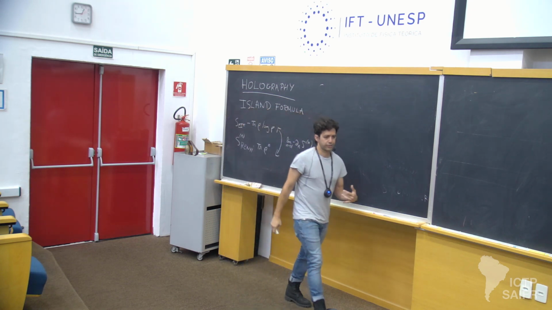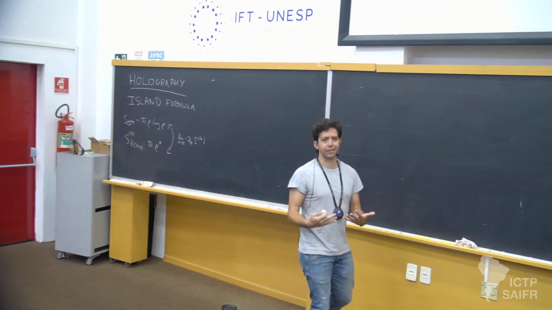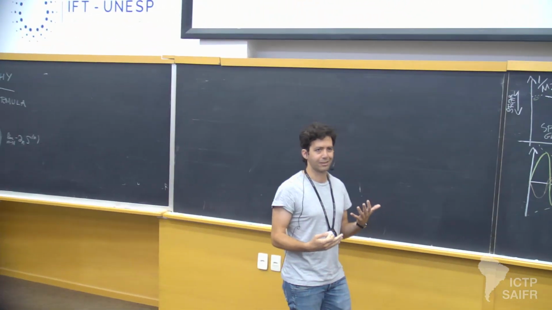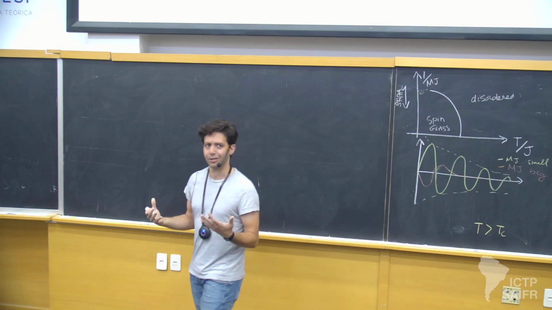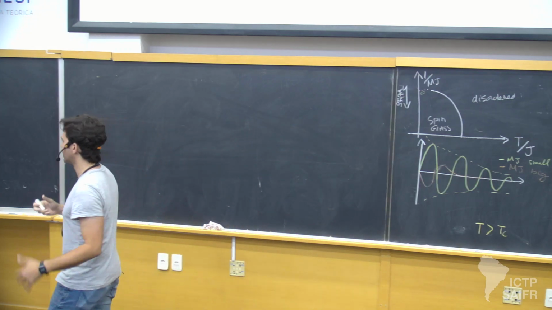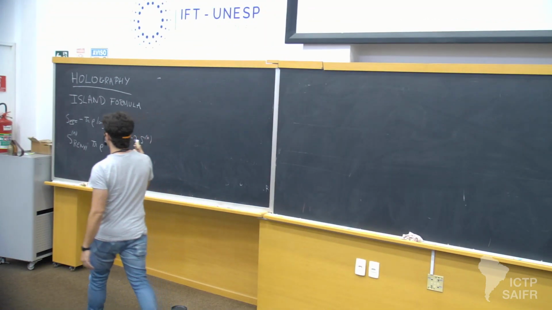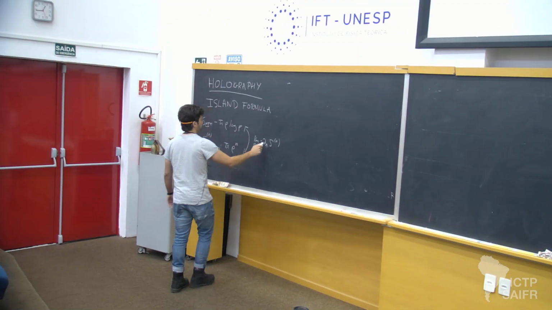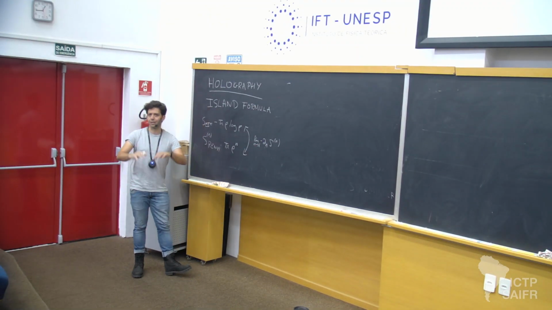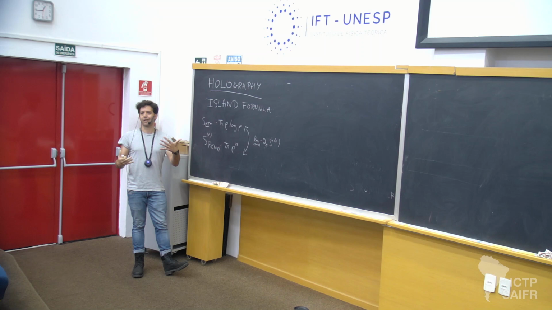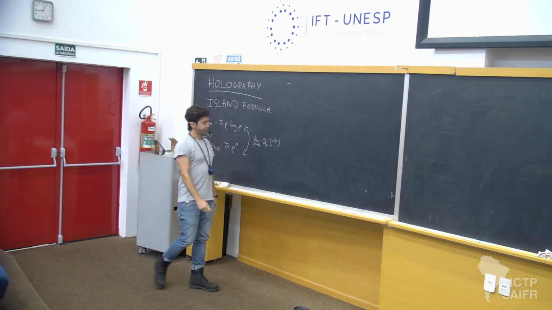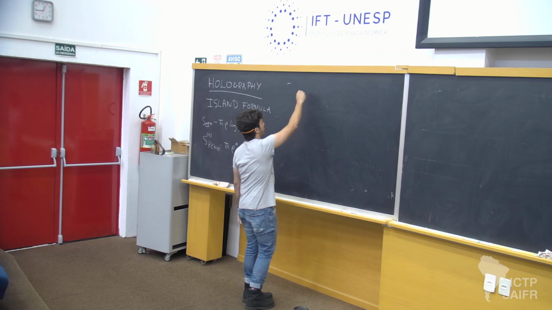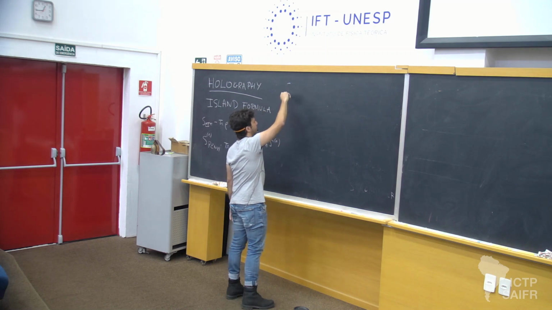So very much like what we did to compute the log of the partition function over disorder, when you want to compute entanglement entropies, you're also instructed to replicate your system n times and then continue the number of replicas, in this case to 1. So the upshot of the island formula